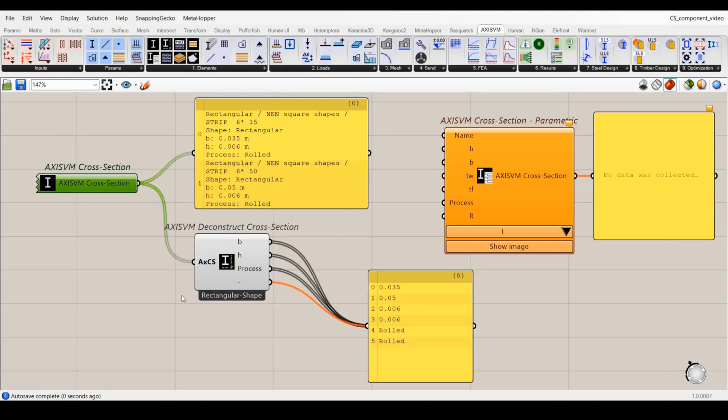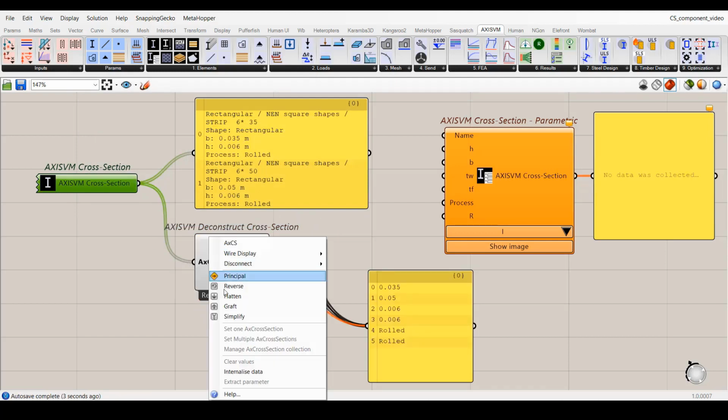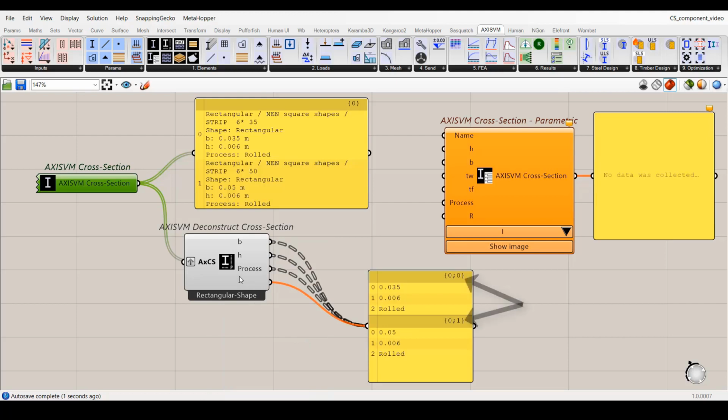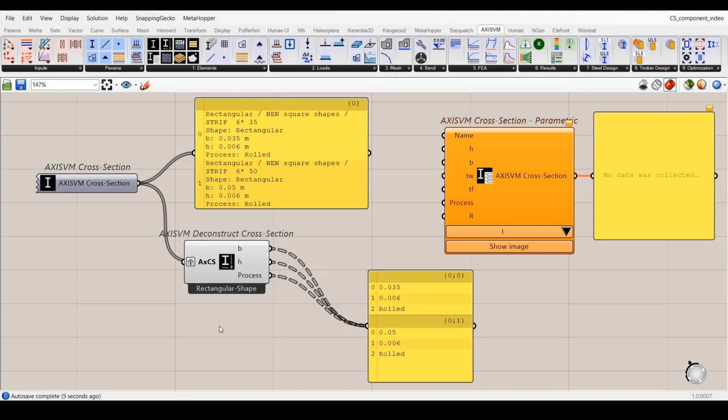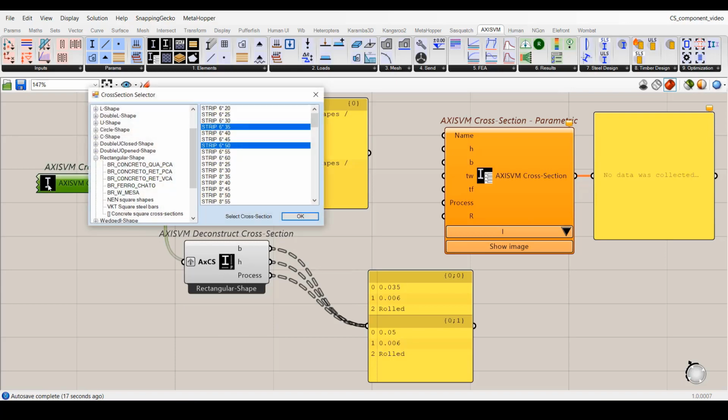Since I deconstruct more than one cross-section now, I graft the input parameter to group the values on the output. These rectangular cross-sections have only 3 parameters. To remove the unnecessary 4th output parameter, I use the Match Output feature of the pop-up menu. I keep the first selected cross-section